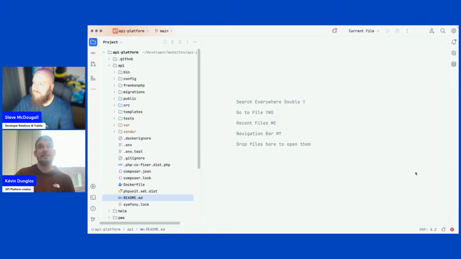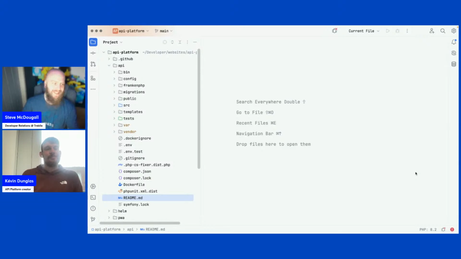Actually, there is already an experimental library that you can install to try it by yourself, but it's not as clean and as ready as the Symfony integration for now. Yeah, I've been paying attention because I've been looking at API Platform for quite a while. Haven't had time to dig in.